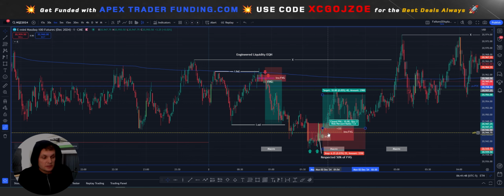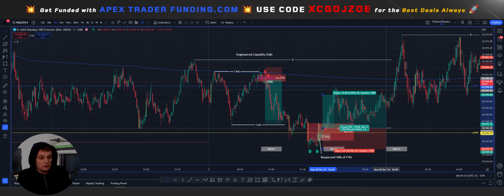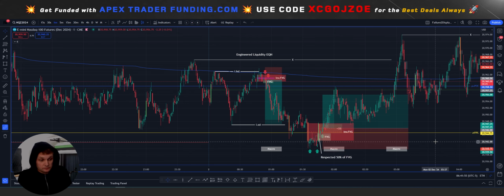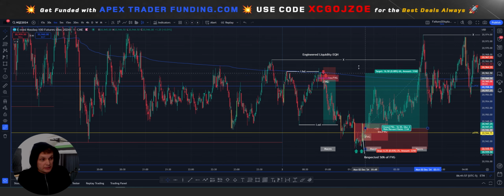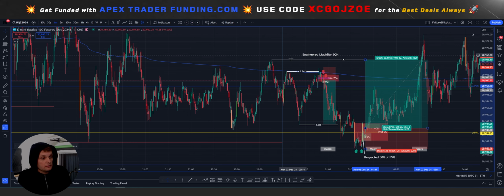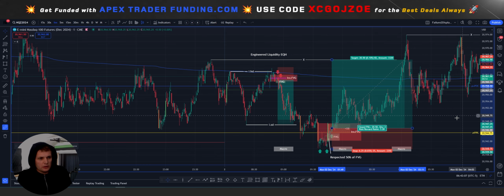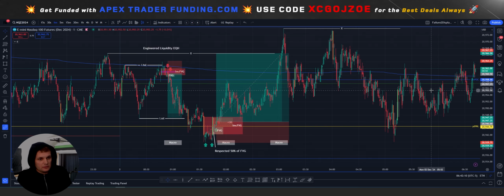So I'm out at 10 points. Essentially a zero drawdown trade to 10 points. If you wanted to hold this through to the second macro, then we did take the engineered liquidity that we had from the first macro, aggressive move back into previous week's point of control, engineering more liquidity, and then ultimately